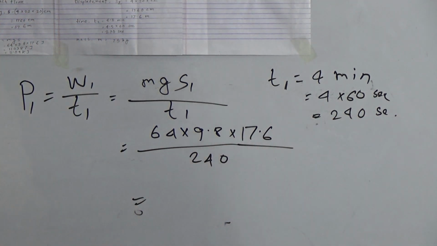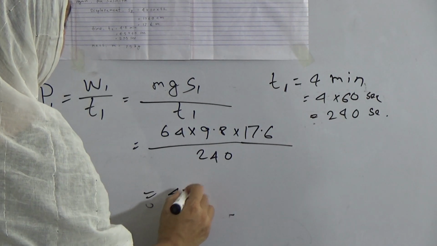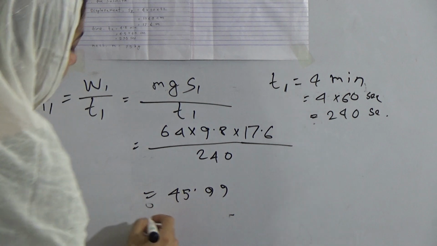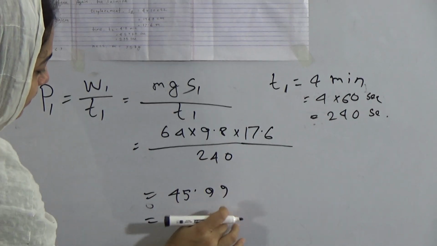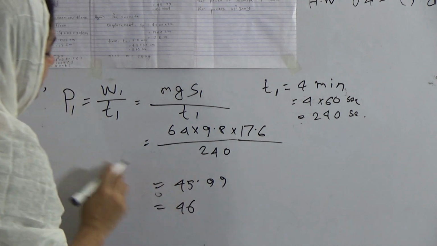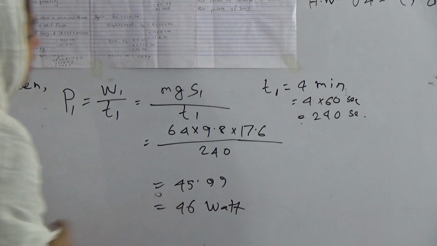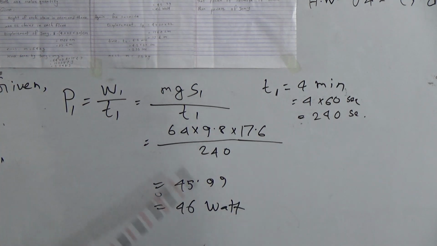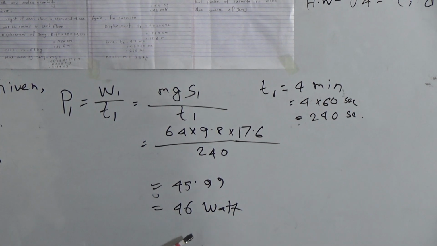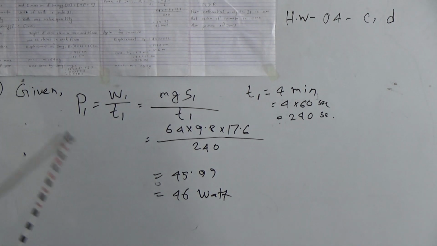My dear students, by doing this calculation, we will find out that it is 45.99. So, we can write 46. And the unit of power is watt. Okay, unit of power is watt. So, the power of Jenny is 46 watt. Now, similarly, we will find out the